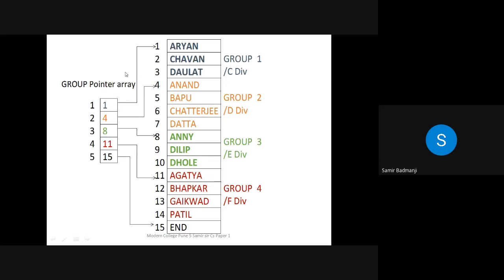I am not going to store the value, but the address. So address means a pointer variable. In the second, I am going to store the address of the D division first student. Here, the first student of E division, the first student of F division, and this is the last.